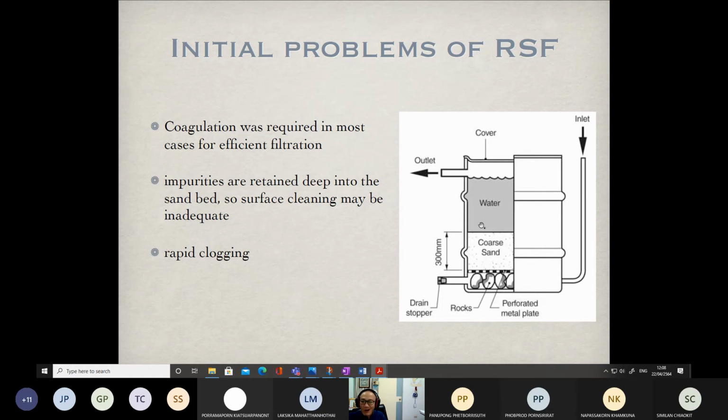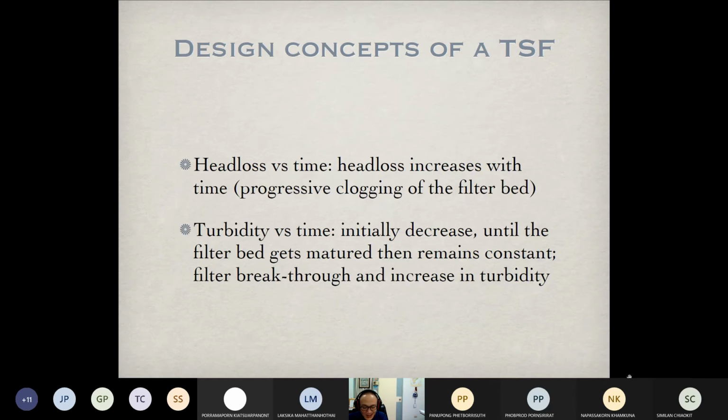If we keep on adding water into this tank, water is supposed to pass through this media. Initially, it may pass smoothly. There will not be any water left inside. But if you keep adding the water with a constant flow rate,